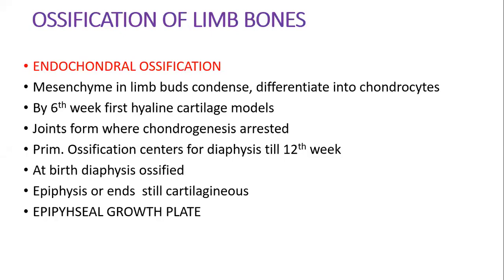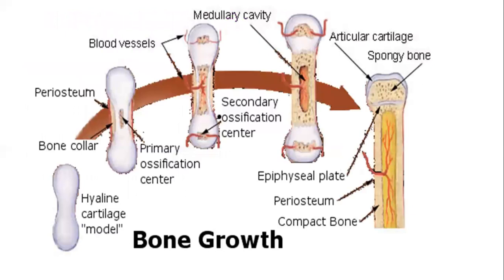In long bones, the epiphyseal plate is formed on each extremity, on each end. However, in small bones such as phalanges, it is found only at one extremity. And in irregular bones such as vertebrae, one or more primary centers of ossification are there, and there are usually several secondary centers of ossification. So this is the previous picture you have seen: hyaline cartilage model, then primary centers of ossification appearing in the diaphysis, the middle of the shaft, and blood vessels bringing in osteogenic cells, osteogenic processes going on. Then secondary centers are going to appear in the ends, known as the epiphysis. Epiphysis and diaphysis are going to be separated by hyaline epiphyseal growth plates.